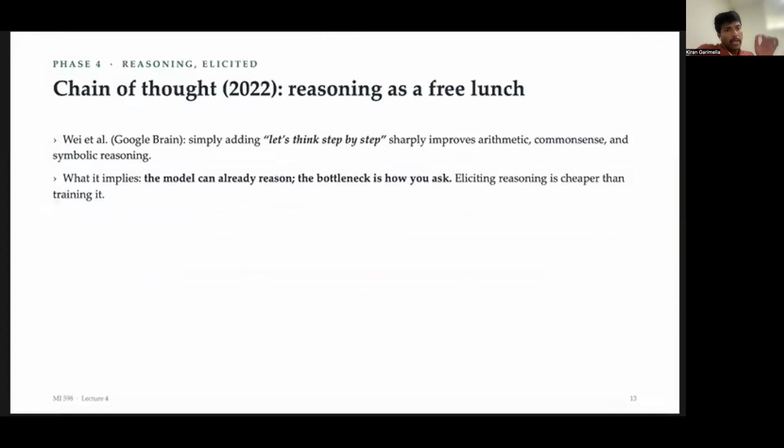Okay, and then the next breakthrough here is chain of thought. Again, this is something we looked at last week, where let's look at the details of how it came along. There's this paper by Google, and Ilya is in there, and a bunch of big names are on that paper, where the idea was just asking these models to think step by step, which enabled it to increase its performance on arithmetic, common sense, symbolic reasoning, and so on.